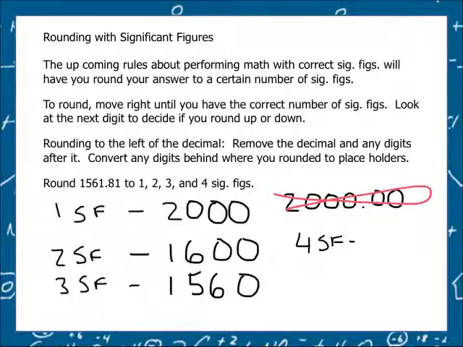In this case, I'm going to be keeping the 1, 5, 6, 1, and I'm going to use the 5th one, this 8 in the 10th place, to inform my rounding of the 1, and that rounds up. So 4 significant figures is going to be 1, 5, 6, 2. You could put the decimal or you could not put the decimal, because it doesn't matter in this case because this isn't a 0,